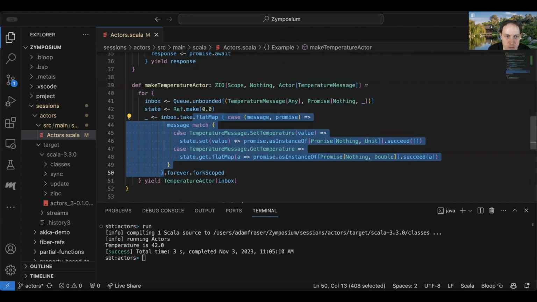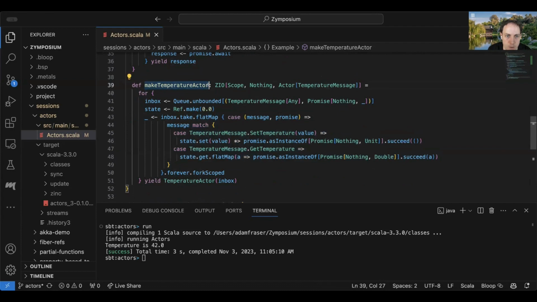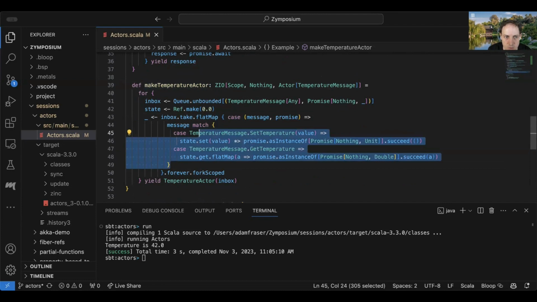And essentially, how do we take this thing from being code that we're writing here ourselves to being a parameter that we're taking as an argument? Because if we can do that, then we can turn this from make temperature actor to just make, taking that thing as an argument, and then we can make everything work the way we want it to.